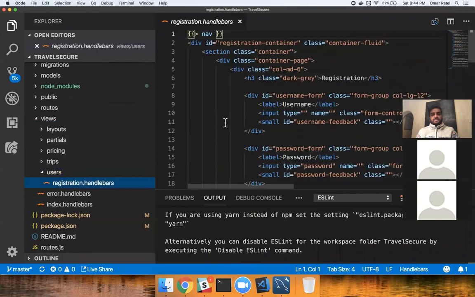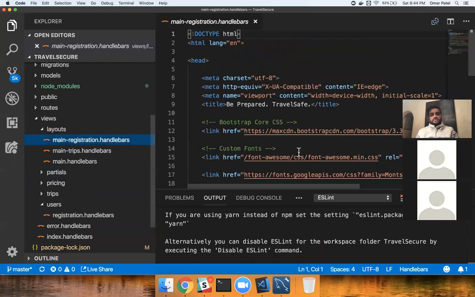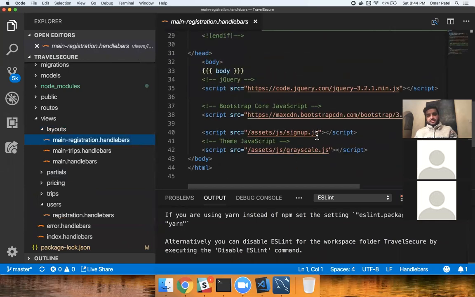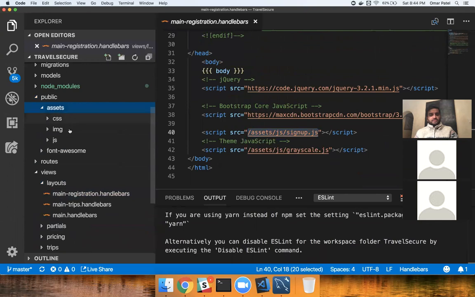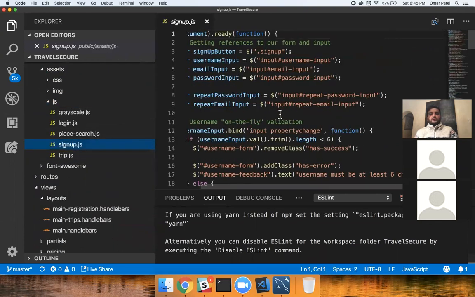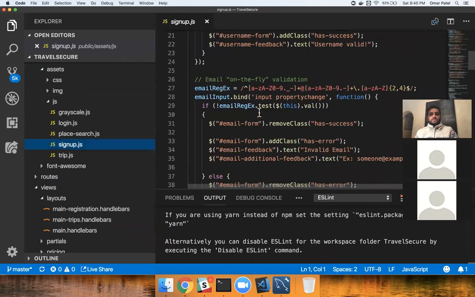this is going to be the page that gets displayed, but the layout is going to be the main registration handlebars, and the JavaScript file is going to be the signup.js. So if you take a look at the logic in the JavaScript file, this is the logic. So if you go to signup,